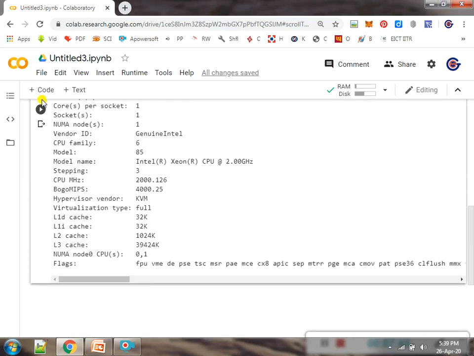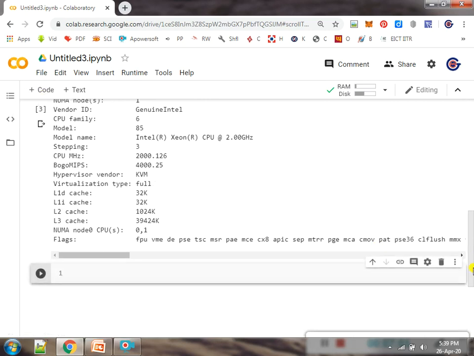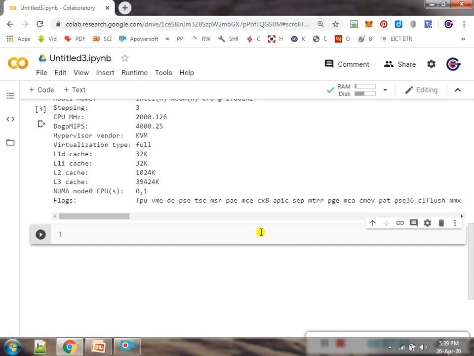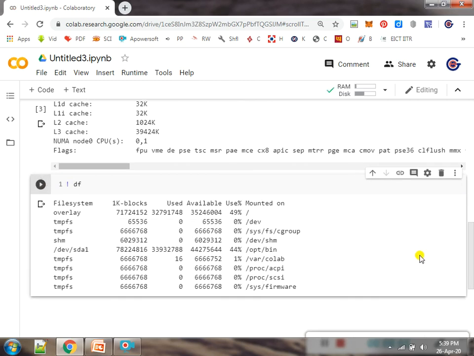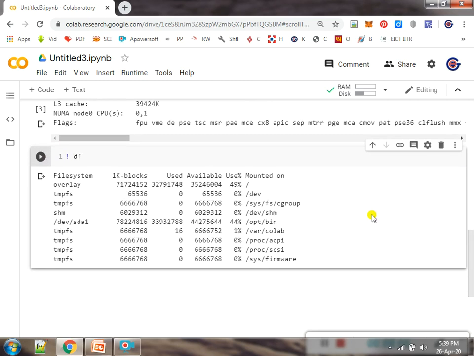If I want to see the disk size, on click of plus code and exclamation sign df. All these are Linux commands which we can directly execute here. It provides the complete directory structure, the complete file system, and how much memory I have.